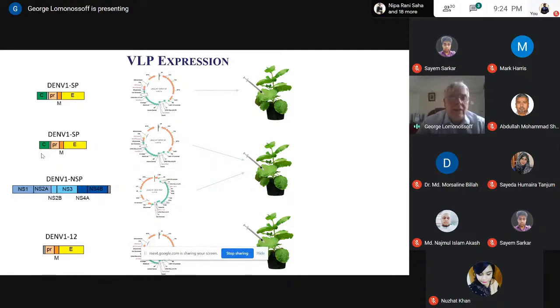You can then co-express it with the non-structural proteins to encourage cleavage. Or you can use mutant versions, in this case without the capsid protein, or introduce point mutations. And you can test all these on a small scale and look at which format seems to be best for making VLPs. And if you do this, eventually, after much blood, sweat and tears, to quote Winston Churchill, you